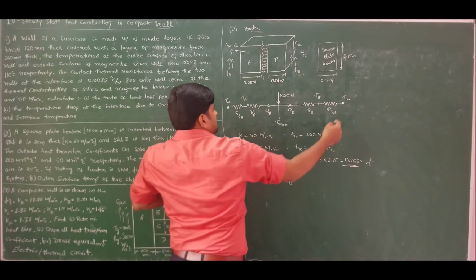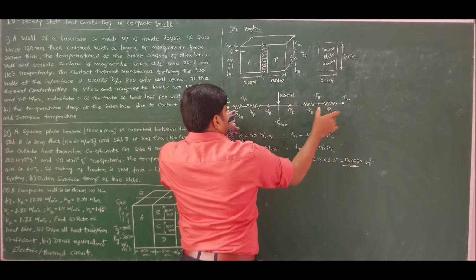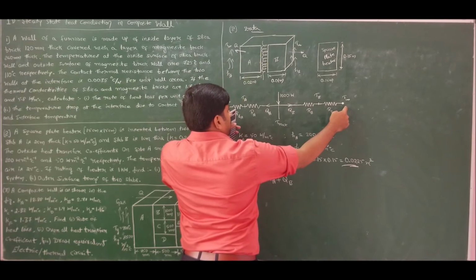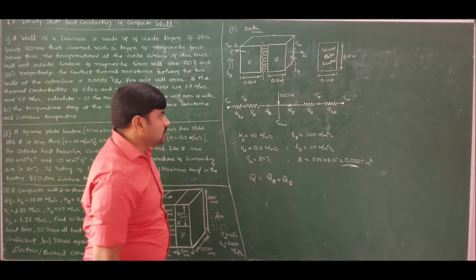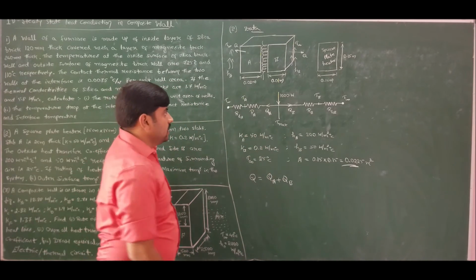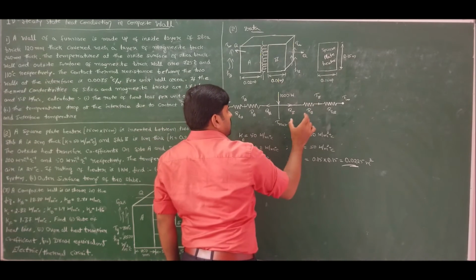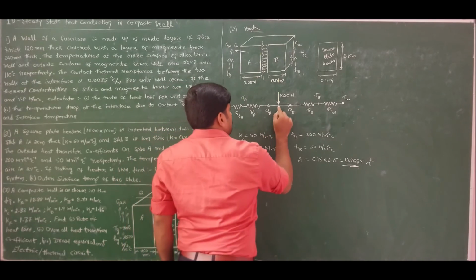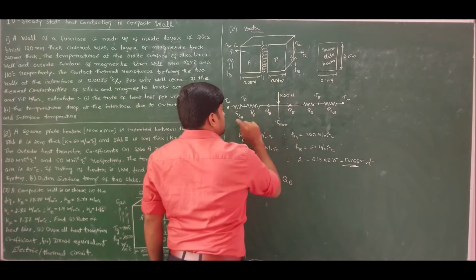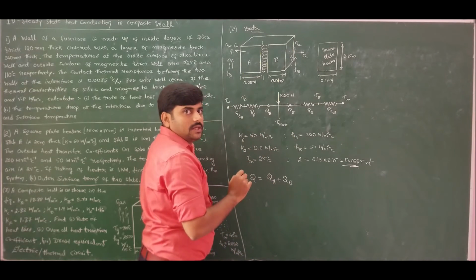So since on either side I know the temperature T infinity, if I take the heat transfer throughout from T max to T infinity, I can solve this problem because T max is the only unknown that is left for us. If I do it between, then there are two unknowns, T max and TB, so I cannot solve. Therefore I do it from point T max to infinity on either side in one stretch, thereby T max is the only unknown I have in this equation.